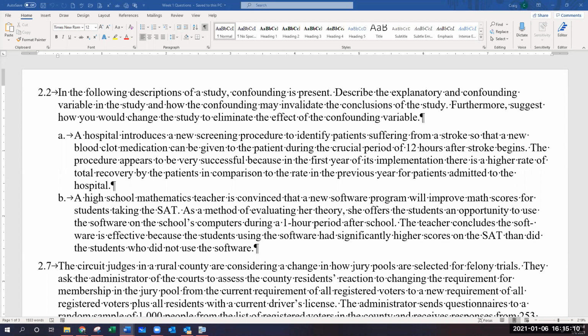Okay, so I'm Raven. I kind of sent you a private message, but I guess I'll ask and kind of embarrass myself a little bit. I had the confounding variable as the new screening procedure, only because my thought process was that I had that as the explanatory variable because that was the variable being manipulated by the researcher.